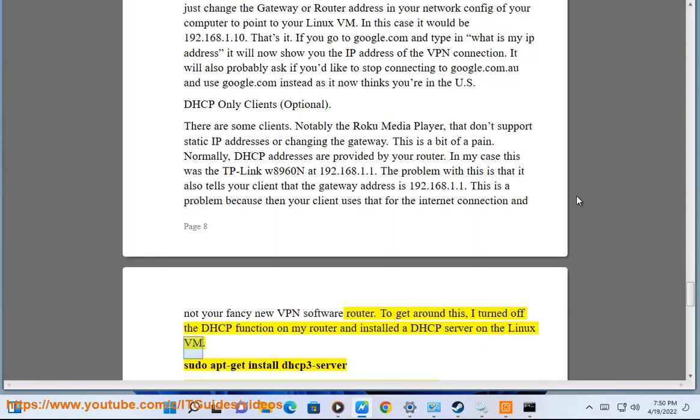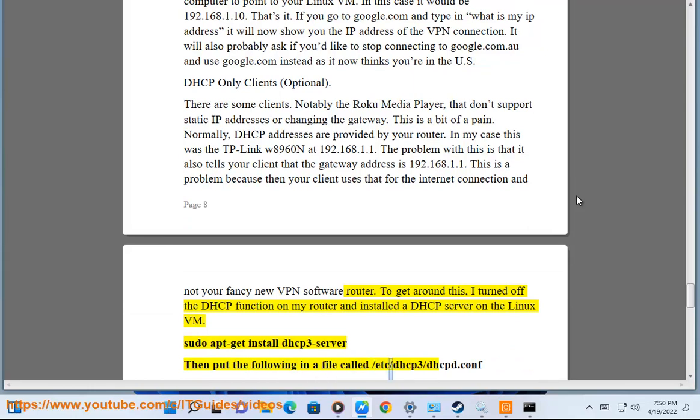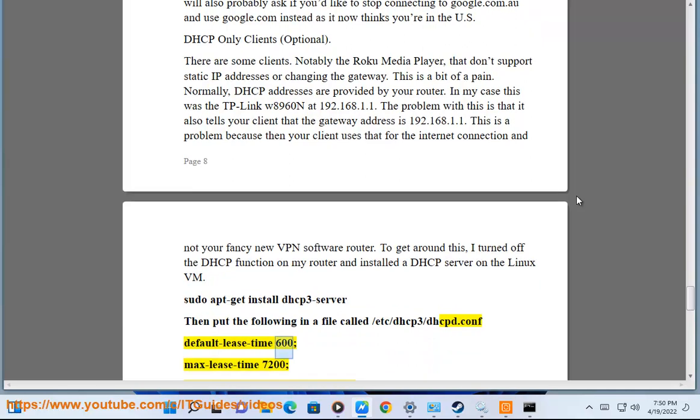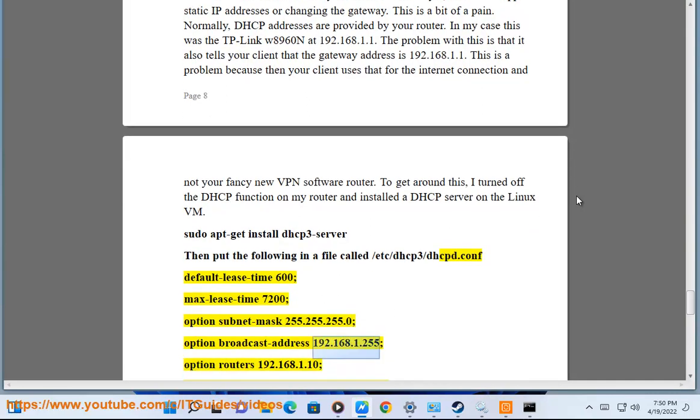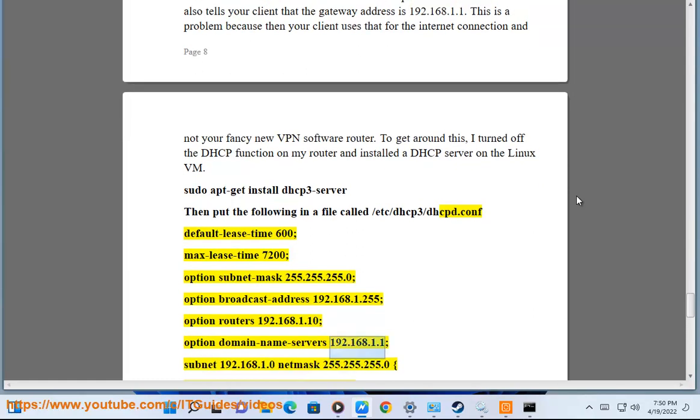on the Linux VM. sudo apt-get install dhcp3-server, then put the following in a file called /etc/dhcp3/dhcpd.conf. default-lease-time 600; max-lease-time 7200; option subnet-mask 255.255.255.0; option broadcast-address 192.168.1.255; option routers 192.168.1.10; option domain-name-servers 192.168.1.1; subnet 192.168.1.0 netmask